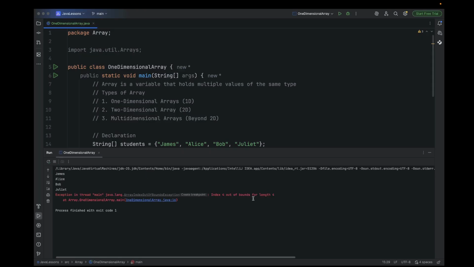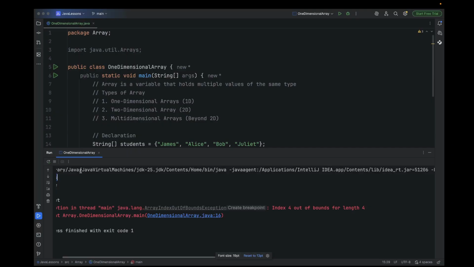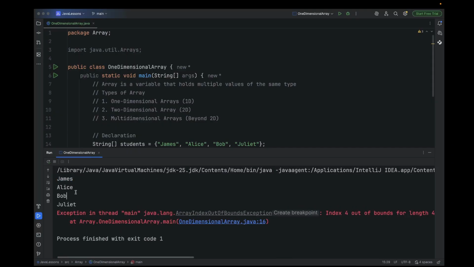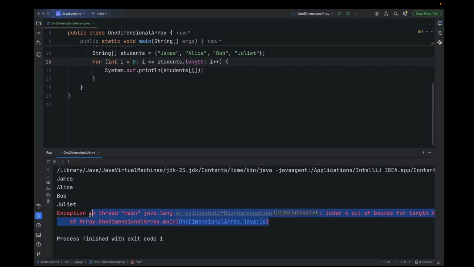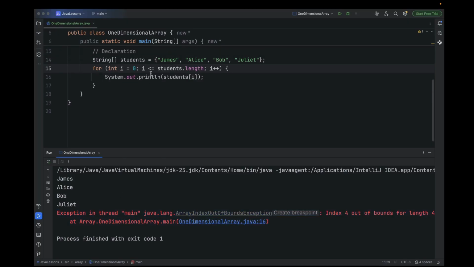You see, it is throwing an index 4 out of bounds for length 4. Watch, it printed this thing successfully. It started, went to James, it was normal. It went to index 1, it was normal. Index 2, normal. Index 3. And it now passed index 4. At that moment, it said, I can't access this 4. There is nothing like 4 here. It seems you have gone out of the bounds of the array. That is why it threw this error. Hence why we made I to be less than